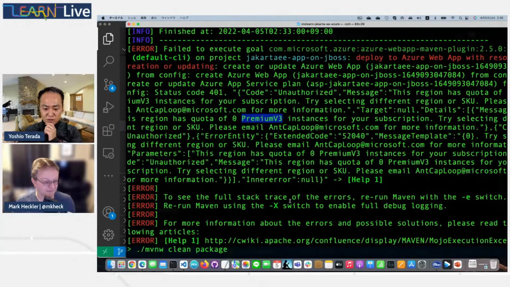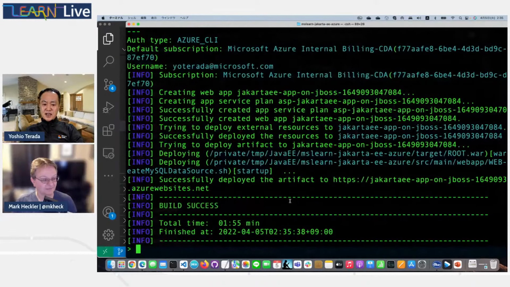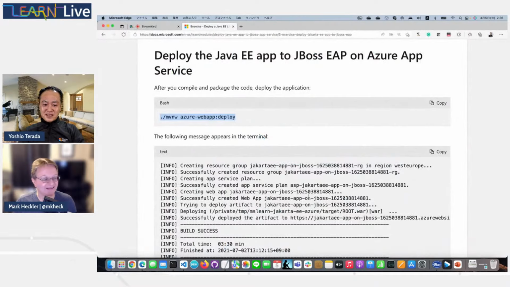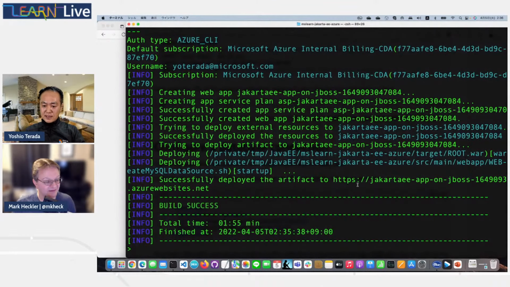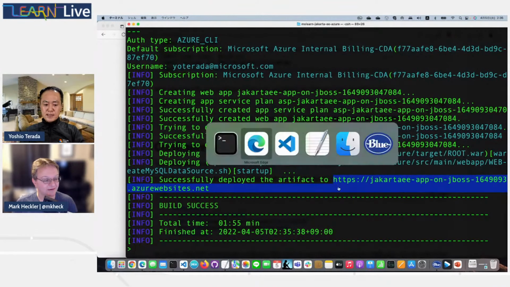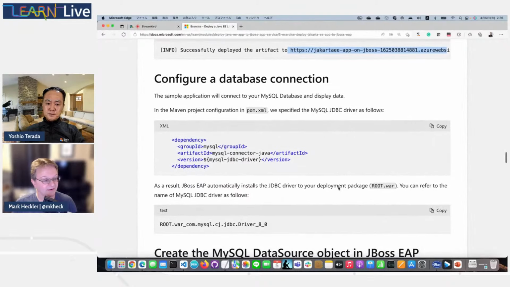Oh, sorry. Just now I finished creating the JBoss environment. Oh, I'm relieved. Yeah. So if you finish creating the environment, you can see this information, and